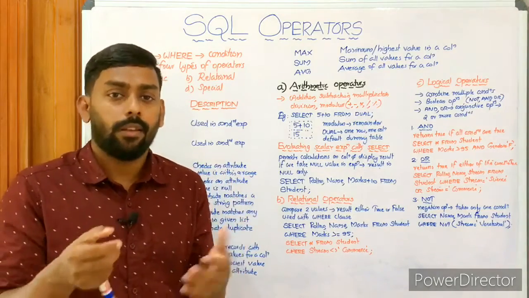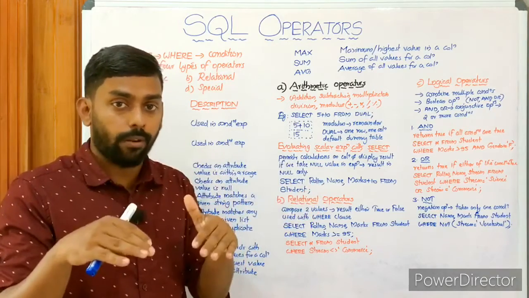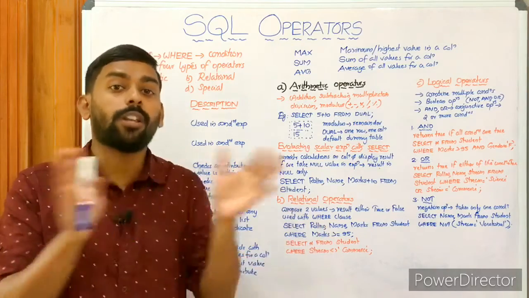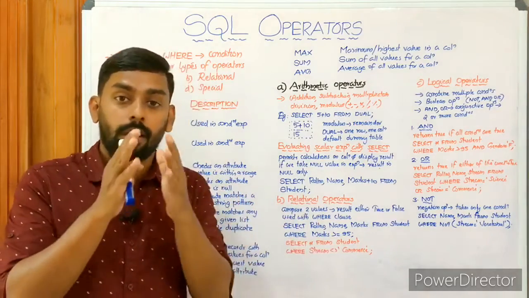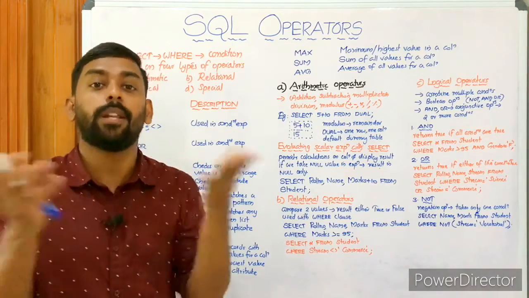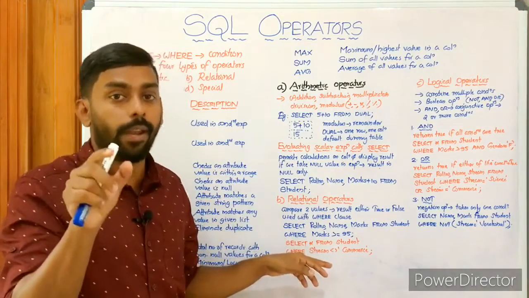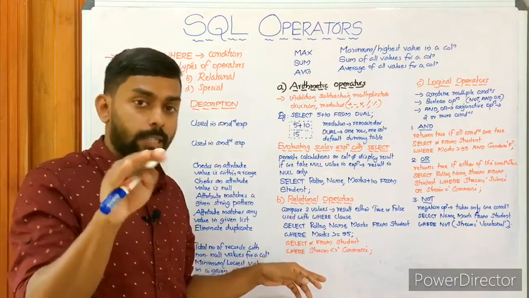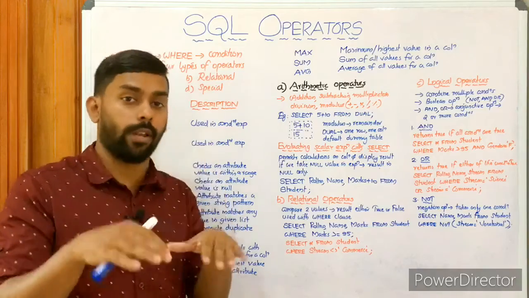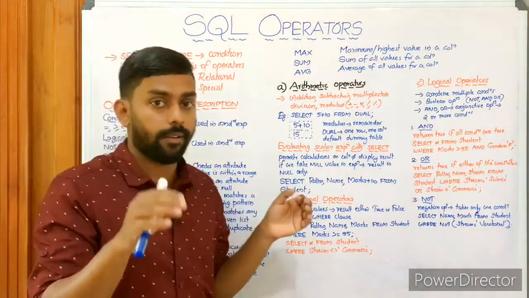What will be the result? It displays the details, meaning all the columns from the table student, of those students who have not opted for commerce, who are not in commerce, meaning the details of those students studying in science and humanities will be displayed, right? Commerce students will not be included in this select, or in the resultant table. Hope you get it.